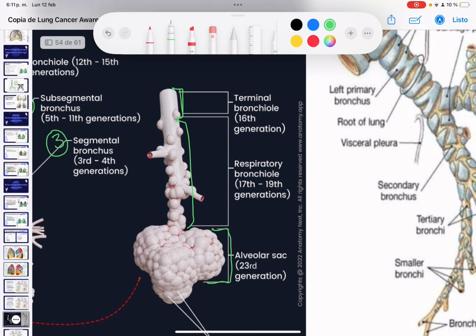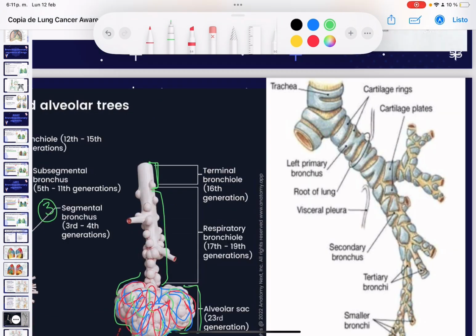So this alveolar sac also will be covered by capillaries, venous capillaries, and arterial capillaries for the gas exchange. And also in here we will have lymph capillaries that are quite small. They help to protect. We have cartilage rings,